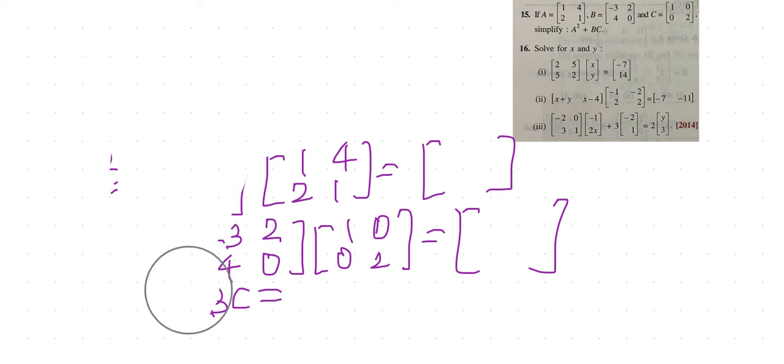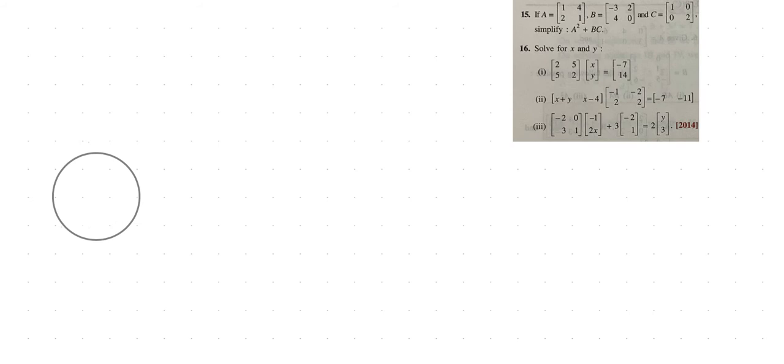So you will be taking 15th one as homework as well. So I will be marking this as homework as well. Okay, and then we will be moving on to question number 16. So in question number 16 you have to solve for X and Y. So herein you are having, children, 3 sub questions. I'll be doing the first one. Okay, and the second and third you can be taking as homework, or what I'll be doing the first and the third one, and the second one looks an easy one, so that you can be taking as homework.